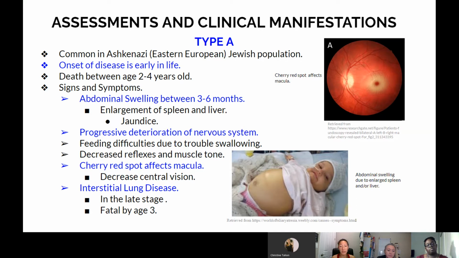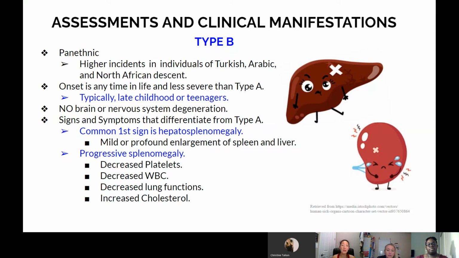Progressive deterioration of the nervous system, a cherry red spot affecting the macula, and in the late stage, interstitial lung disease, which is fatal by age 3. Next. For type B, you'll see